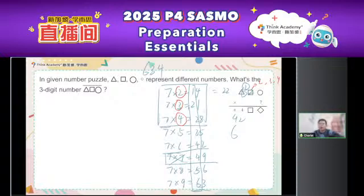How about the number equal to 3? We're checking this one equal to 3. So 3 times 7 equals 21. Okay, so how many do you need to make sure it carries over? 2 more. Is that possible? Yes, it's okay. How about 4? Yes, it's possible. So we transfer this number into 6, 3, circle, times 7, and then we got